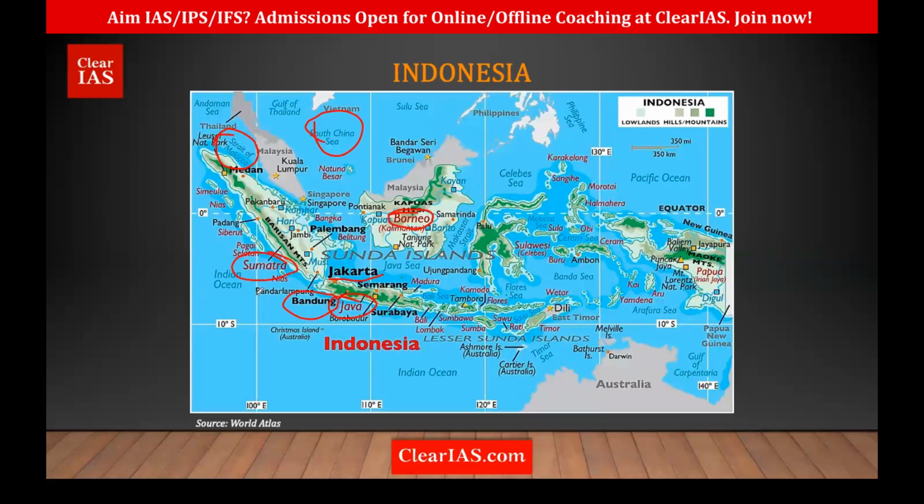On one side, we have the Indian Ocean. Here we have, I'll change the color, just hold on. So we have the Andaman Sea here, the Gulf of Thailand. This is the Gulf of Thailand. Where is the South China Sea? This part is the South China Sea. Between this, we have the Java Sea. Here we have the Indian Ocean. Here we have the Timor Sea.